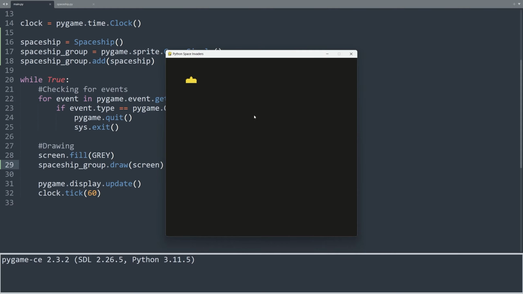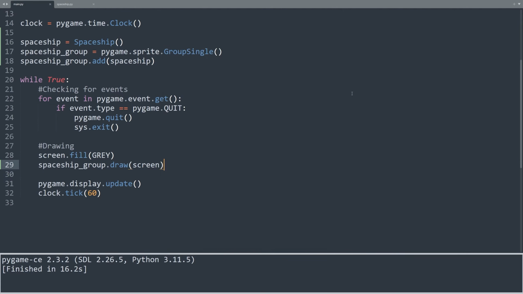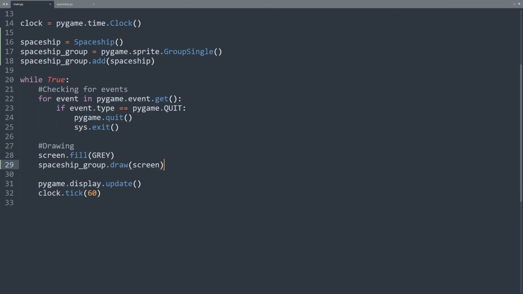When we use the draw method for our sprite, it appears on the screen where we told it to be. We originally said we want our spaceship's bottom middle part to be at position 100, 100. That's why the spaceship starts at the top left corner of the screen. But what if we want to start in the middle of the very bottom of the screen? To make this happen, we need to provide our spaceship class with information about the size of the game window, which it currently doesn't have. It should know both the screen's width and height.